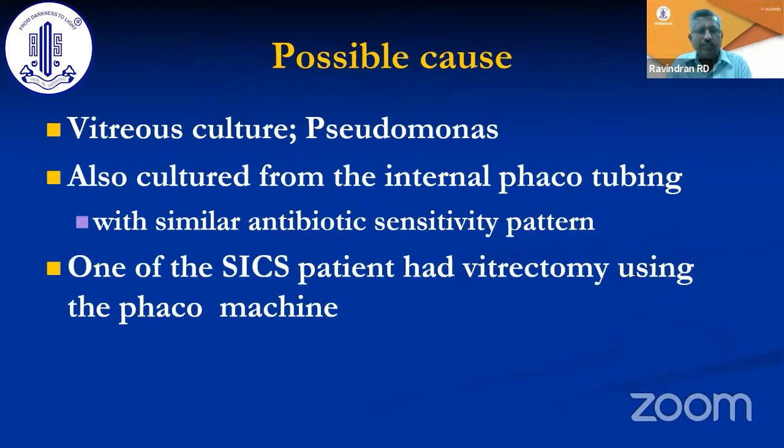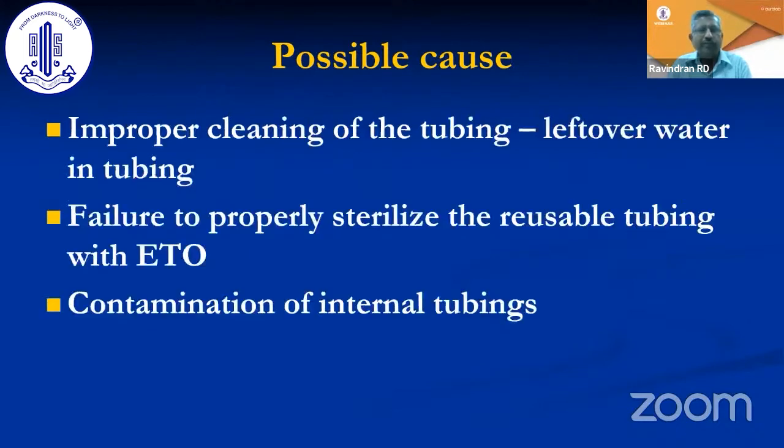One of the small incision cataract patients had a vitrectomy using the same machine and also developed endophthalmitis. We feel the other 3 small incision patients who had this also, in some way, had the doctor use the IA unit of the machine for removing the lens material. So all of the patients in whom we had used the phaco machines had endophthalmitis.